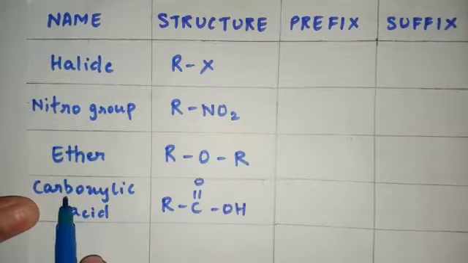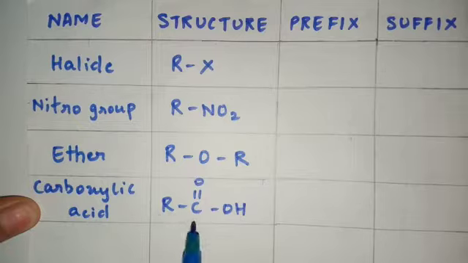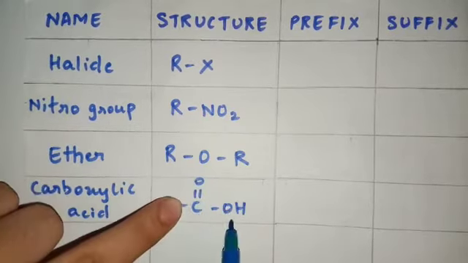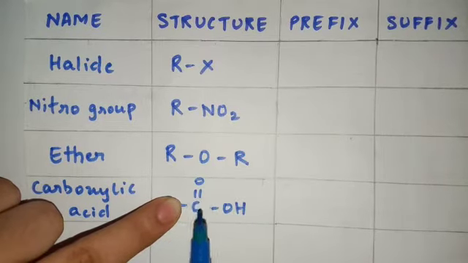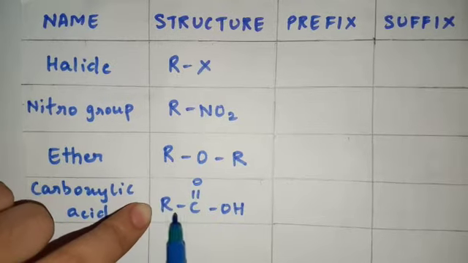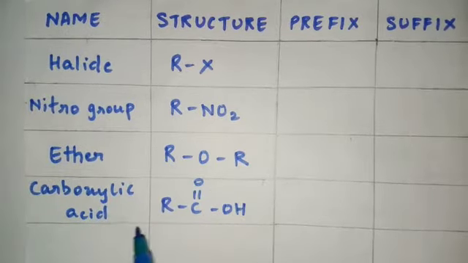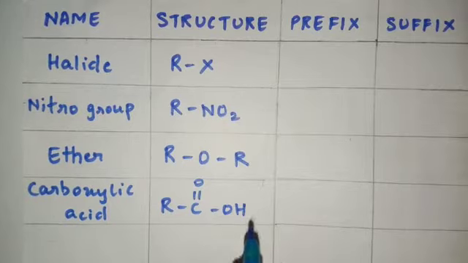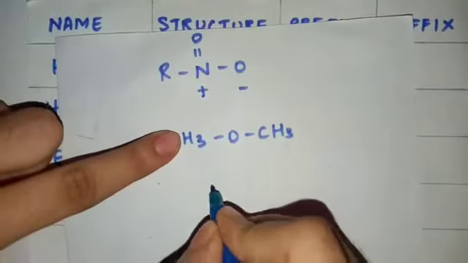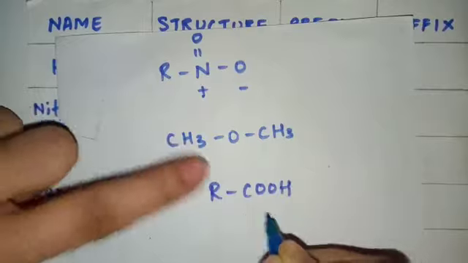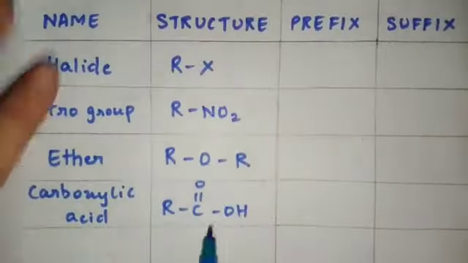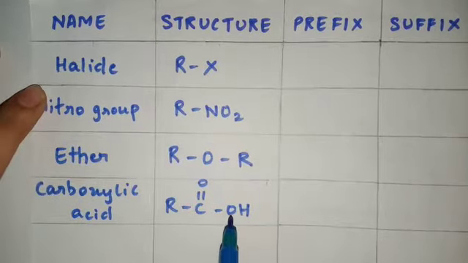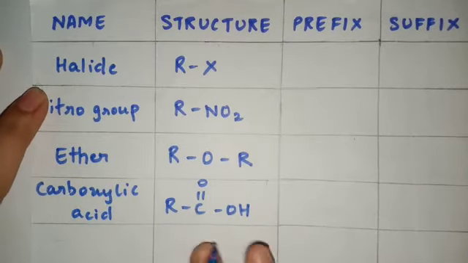The next compound which we have is carboxylic acid. This is the representation: R, C double bond O, and OH. This C double bond O, OH is the carboxyl group, the acid group, and it is attached to an alkyl group. So this entire compound is a carboxylic acid. I guess you all have seen this before as well. Mostly it is written in the condensed format, COOH. This is the open structure for it: C double bond O, OH. I prefer that you remember and write it in this manner only.